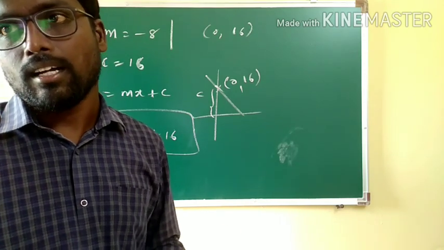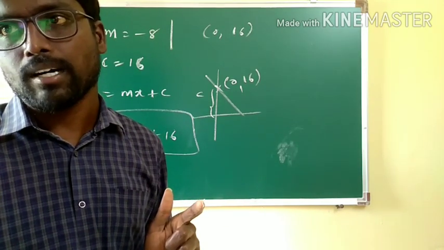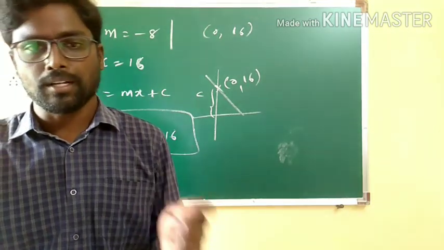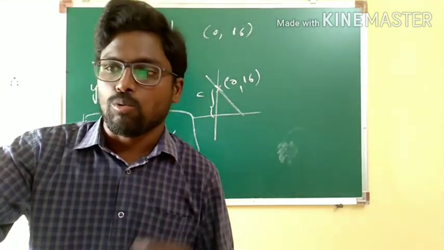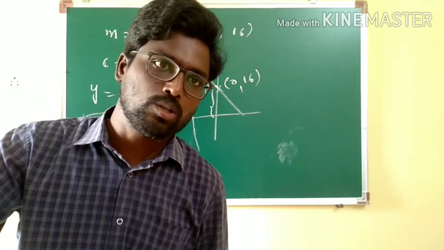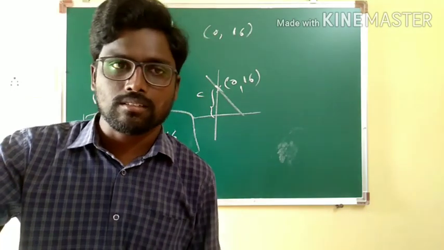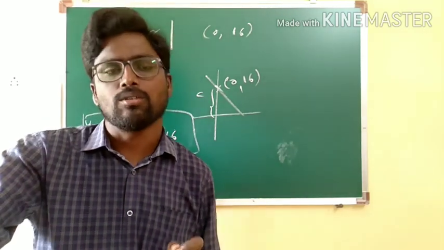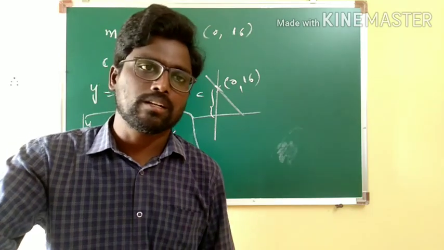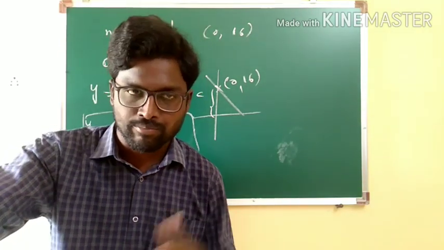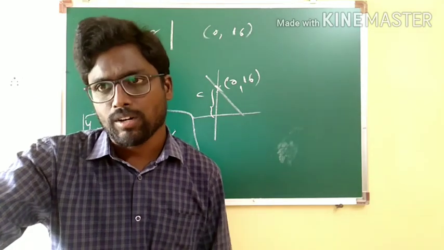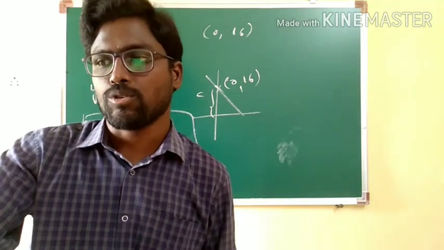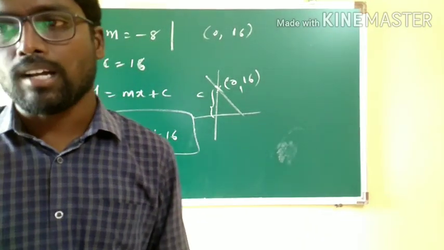Next, we also have a query for question number 10. For question number 10, you will be given the grace marks, because the concept involved is based on the perpendicular distance. Once I teach you, you can work out that problem comfortably. There is some alternate method, but everybody may not feel comfortable. Once I teach you the perpendicular distance formula from a point to a particular line, you will be comfortable with that. So for the time being, for this particular examination, you will be given the grace marks for question number 10.